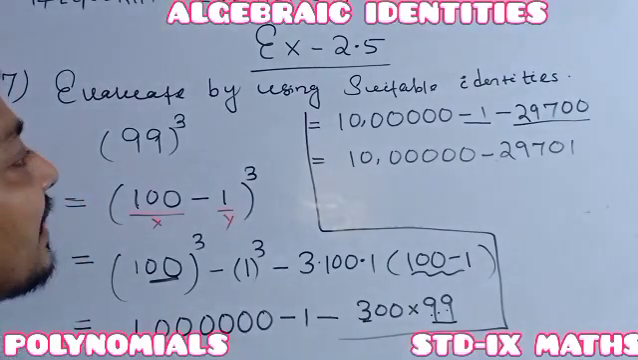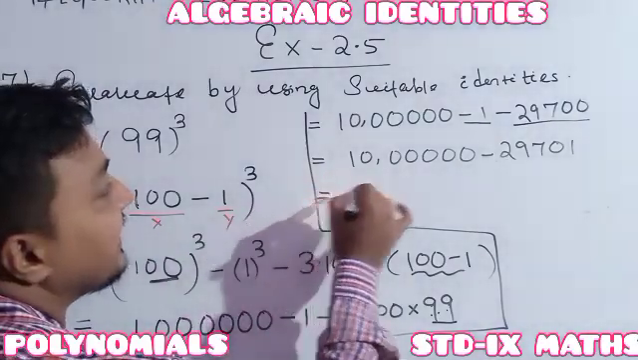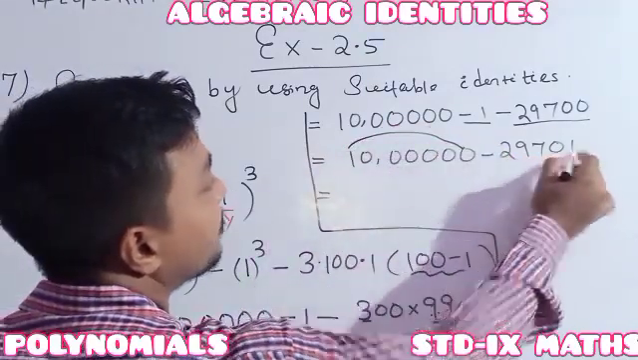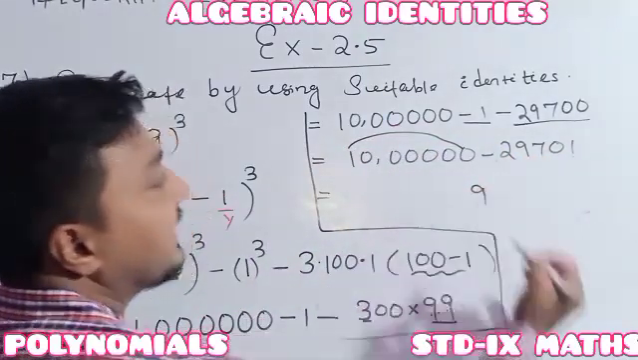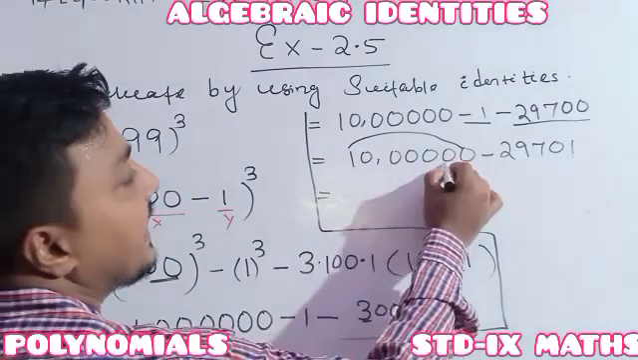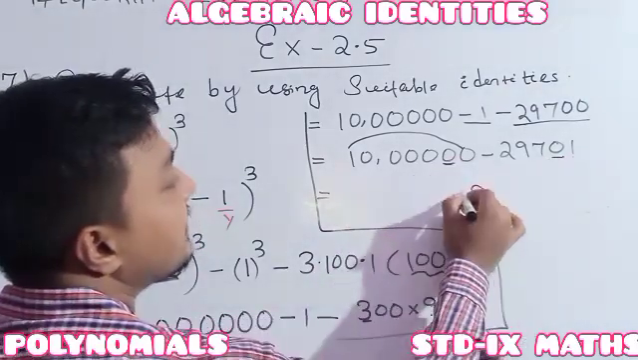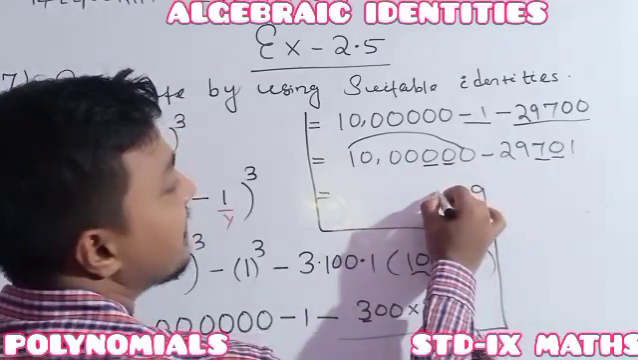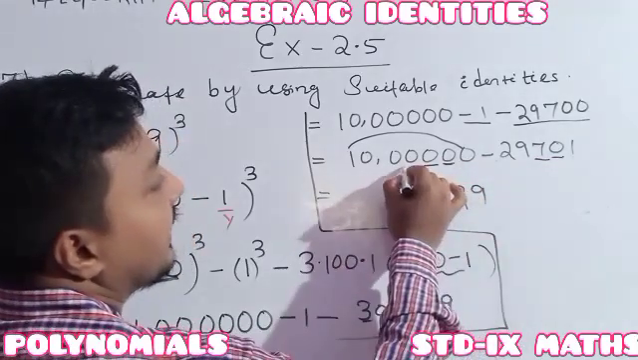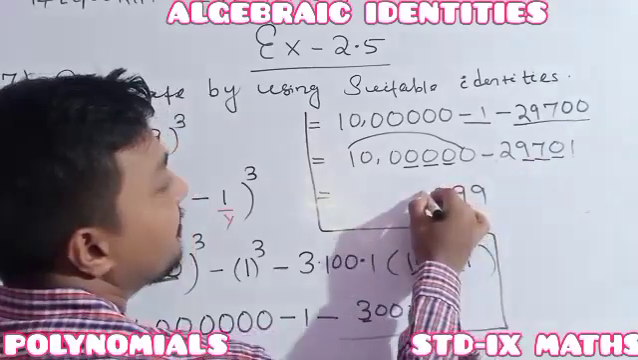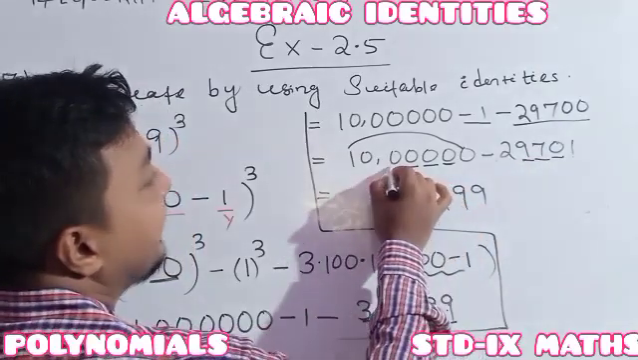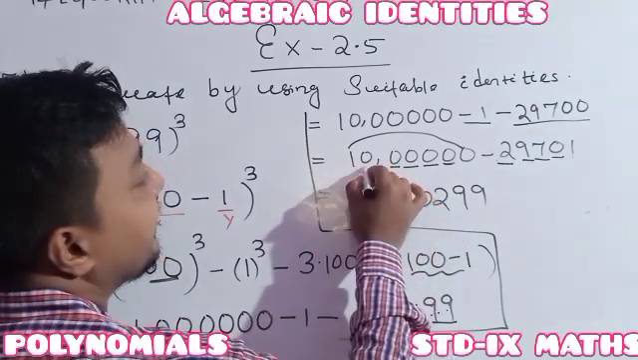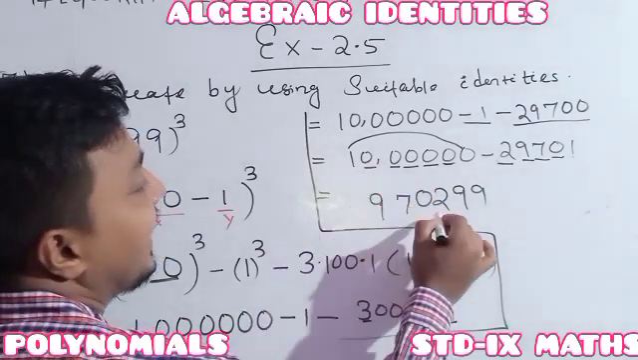Ready? Next we have to do the subtraction. See, directly also we can do the subtraction. Here it is 10 minus 1, it is 9. Here it is 9 minus 0, it is 9. 9 minus 7 is 2. 9 minus 9 is 0. 9 minus 2 is 7. Here it is 9. So our answer is